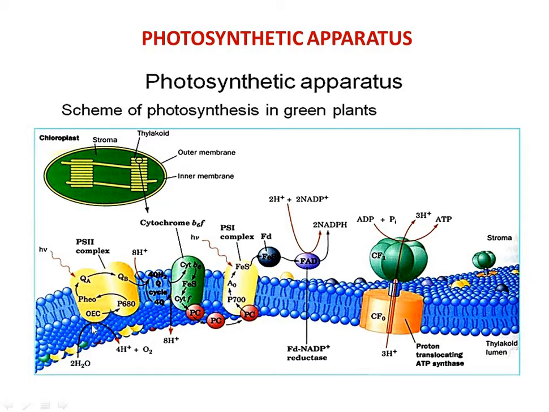The water molecule is oxidized into protons, oxygen as well as electrons. This oxidation of water molecules is called photolysis of water, which takes place in the OEC. The OEC is nothing but the oxygen evolving complex that is present in the photosystem. After the photolysis of water molecules, the protons enter into the lumen of the thylakoid membrane, oxygen is evolved as a byproduct, and the electrons are accepted by a modified chlorophyll molecule, that is pheophytin.